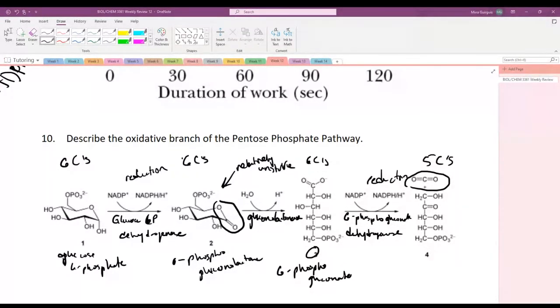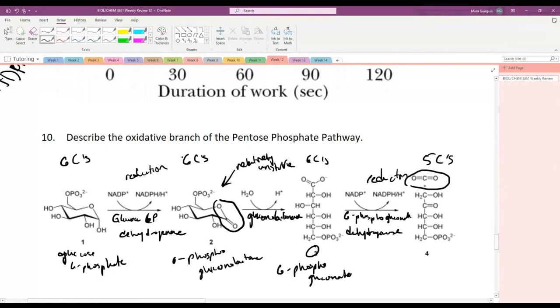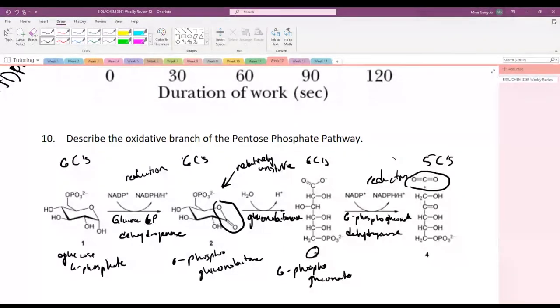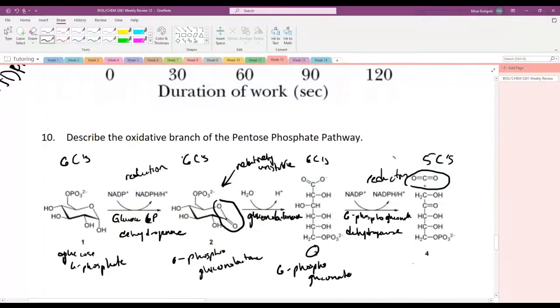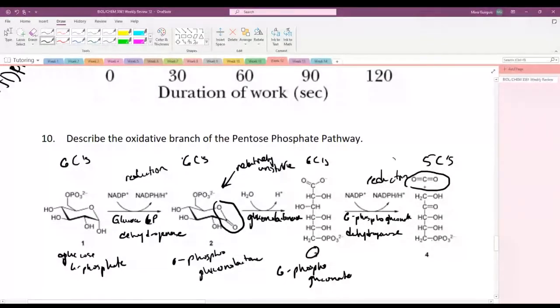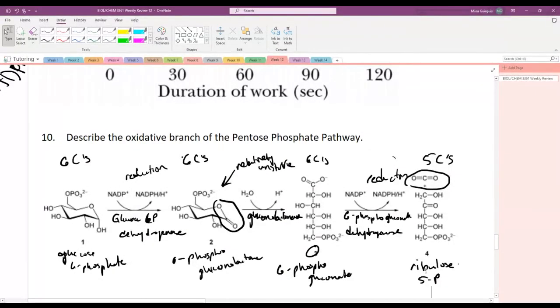Anyways, the reactant is called, really, there's 2 steps kind of mixed into here. We don't care about both of them. We just get to ribulose 5-phosphate. Okay, so ribulose 5-phosphate. Okay. So let's pause and ask ourselves, why is this called the oxidative branch, and what can we expect